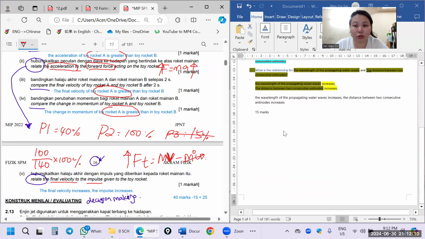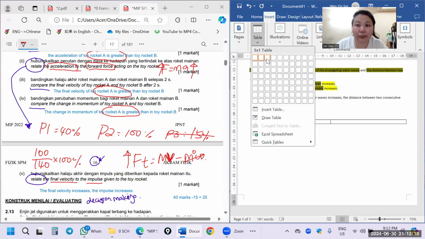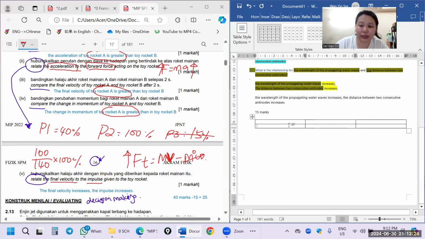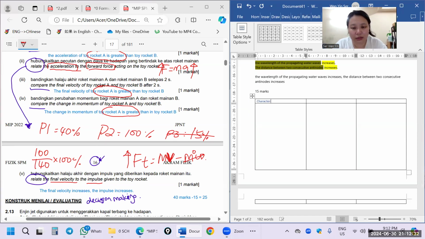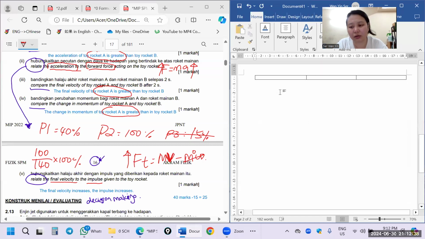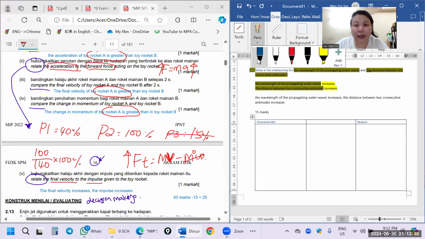And last time I told you, number 9 or 10 and 11, please make a table like this. Number 1 is characteristic. Then the second one you can leave empty or not, never mind. Then the third one is your reason. So when you write, you can write like number 1, for example,